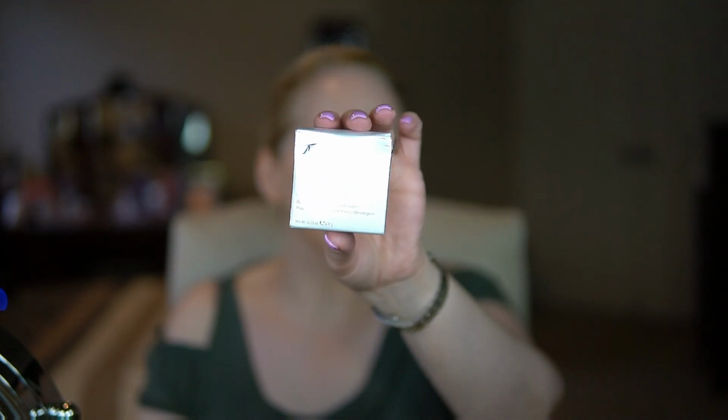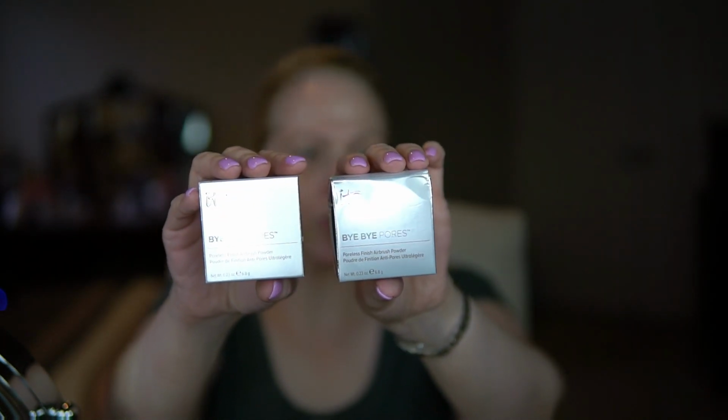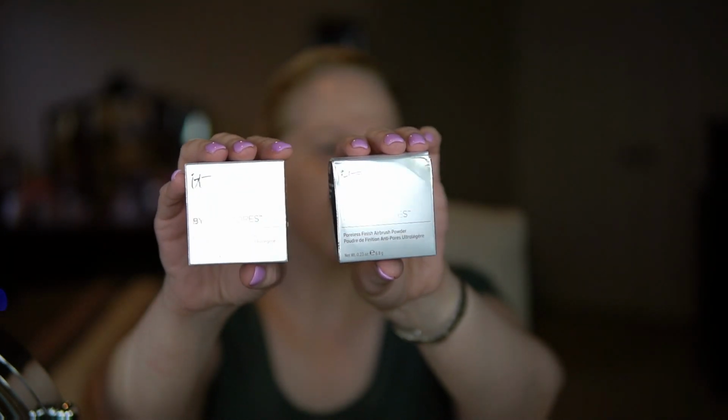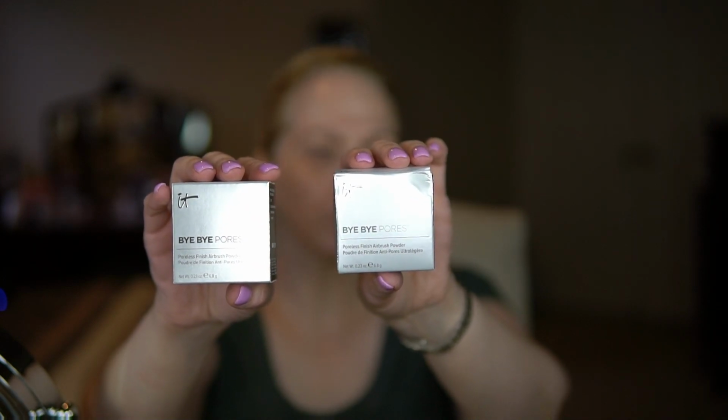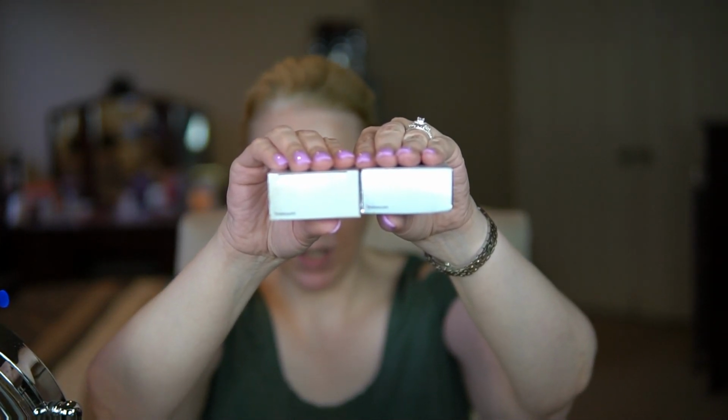That'd be awesome. There we go. So there's the one from Wish. And then here's the one legitimately purchased from either, like I said, either Ulta or Sephora. The packaging is nearly identical. The one that is legitimately purchased, and this is the same on both of these powders because I have both a loose and a pressed powder, is that the legitimately purchased package compared to the one from Wish is just